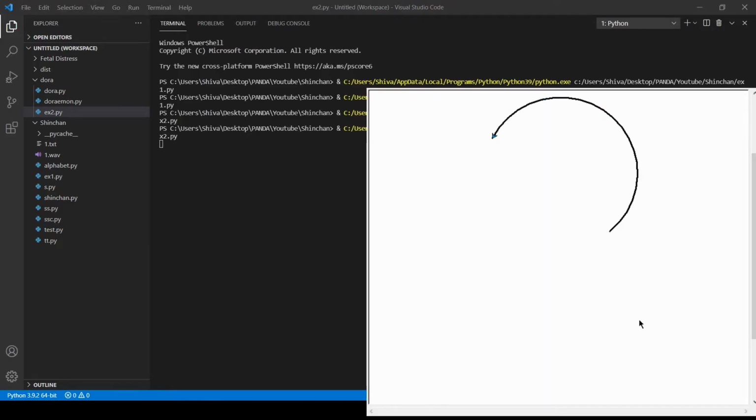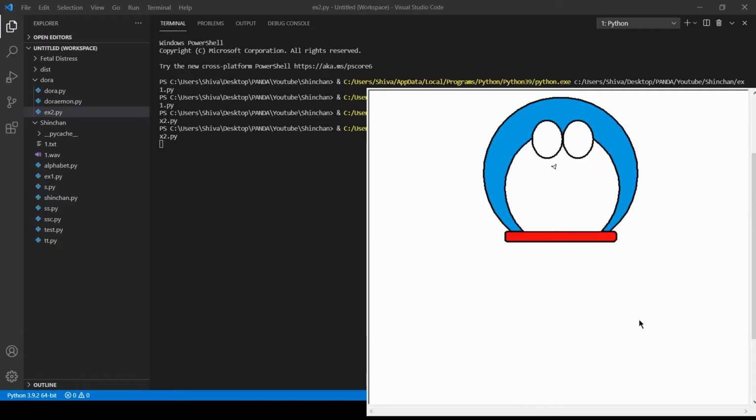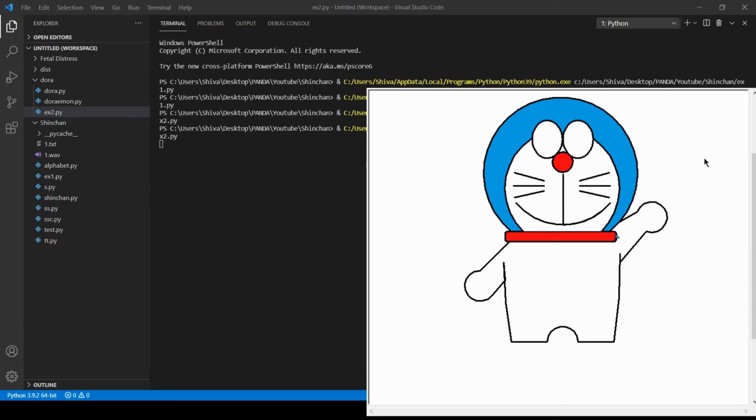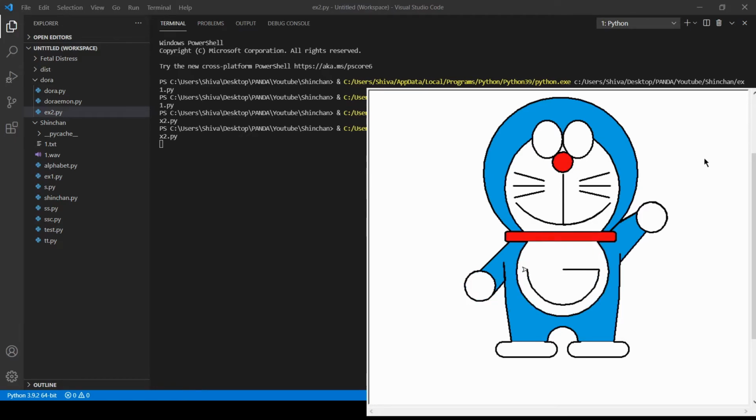We just minimized the code for the users who are taking the code from us. In previous tutorials on Shinchan and Doraemon, we took two files: one is a backend module and one is a normal file. From now on we can directly install that module into the system and we don't need to write extra code for it. You can directly write a single file with the functions in it.